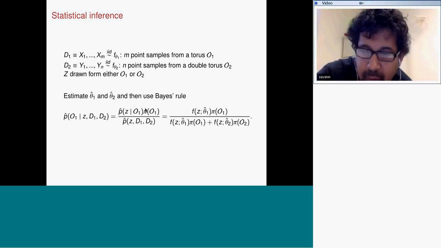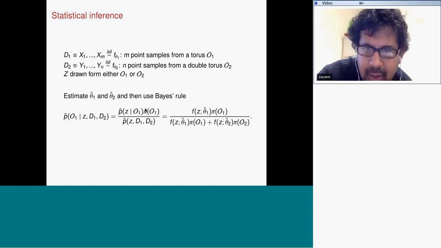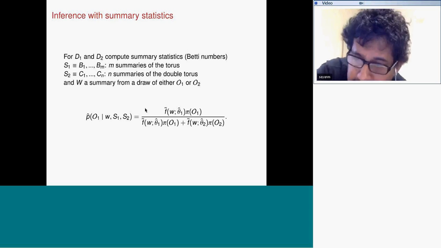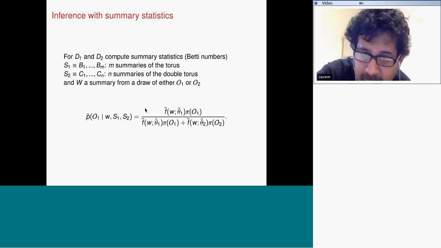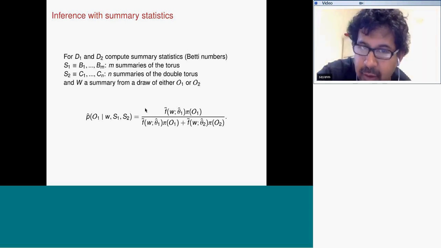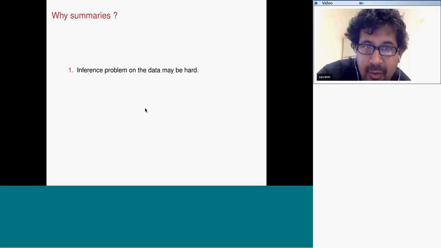If you want a likelihood model on the torus or the double torus that exactly generates the data, it's a little bit complicated. It's not as simple as it could be. A much simpler model is just computing the number of holes, right? So if my data, instead of being an actual sample, were a number of holes, which is a summary, which you can think of here as a Betti number, we basically do the same thing, except we now just need to model, or put a distribution on, Betti numbers, which is much easier because these are integers, and we know how to do that very easily. So this is the idea of how you do inference with summary statistics.